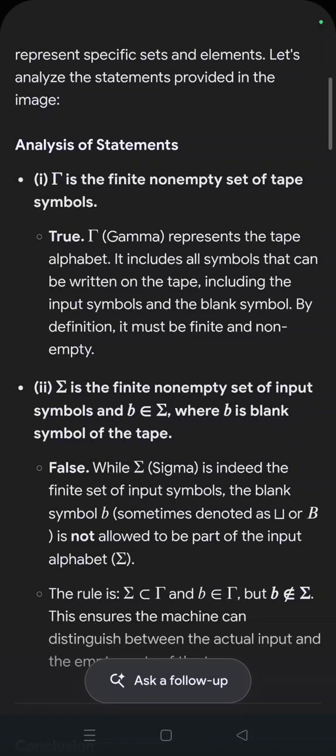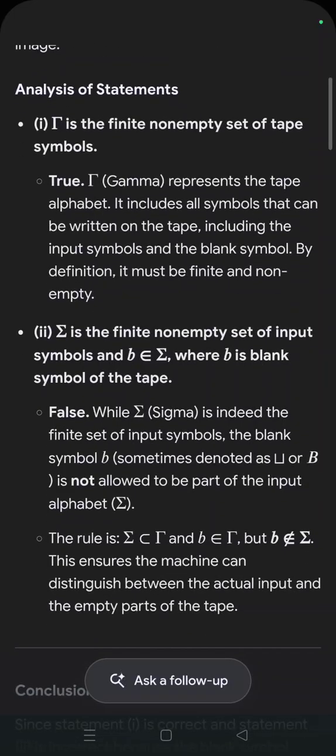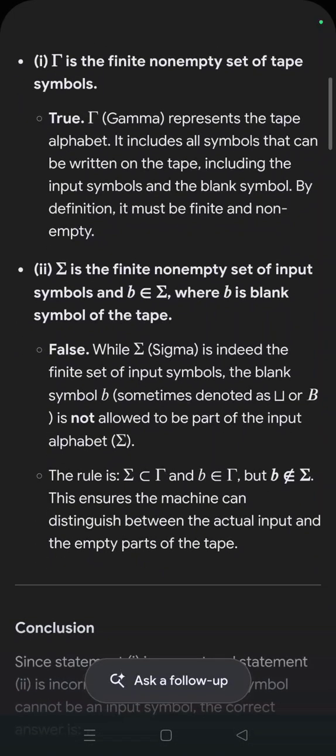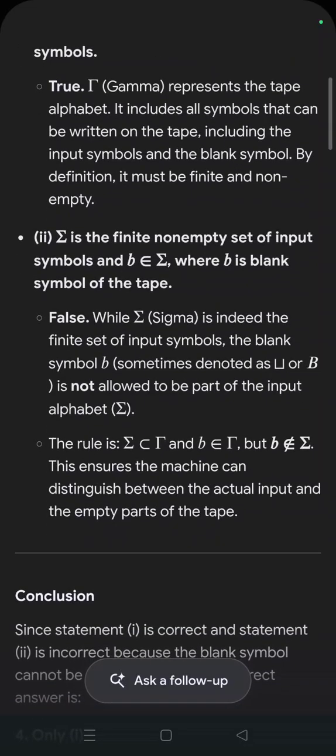Sigma is the infinite non-empty set of input symbols, and B belongs to Gamma, where B is the blank symbol of the tape. False. While Sigma is indeed the finite set of input symbols, the blank symbol B, sometimes denoted as U or B,